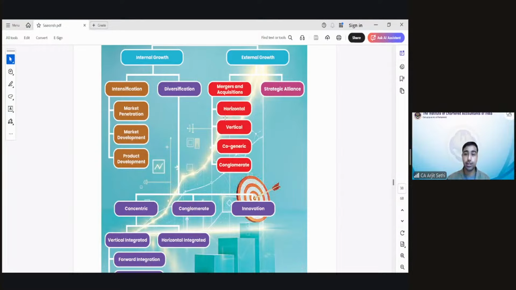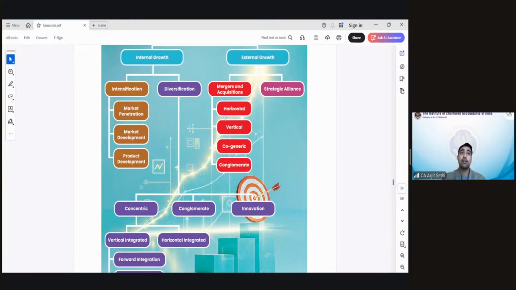Okay, that's acquisition. Strategic alliance and joint venture we just studied, based on the control you get, based on the ways of working, you can define whether it's a strategic alliance. If they're just coming together to use each other's expertise, it is a strategic alliance. If they are coming together on a project, right? It's a joint venture where they say, okay, hey, let's come together. You don't know anything, I don't know anything, but let's come together and do this, right? That's a joint venture for a project.